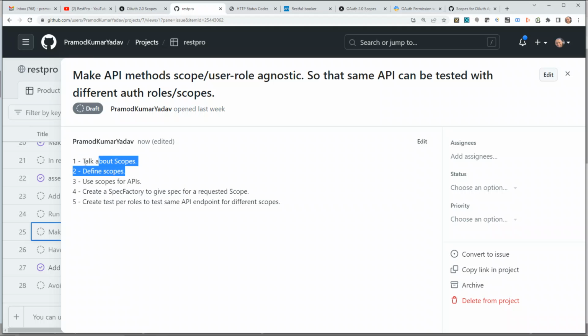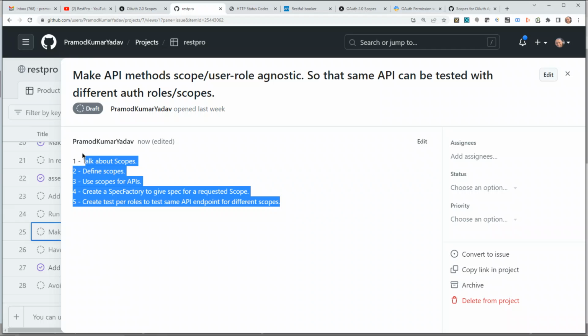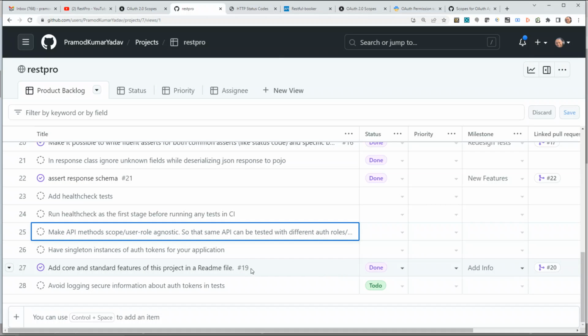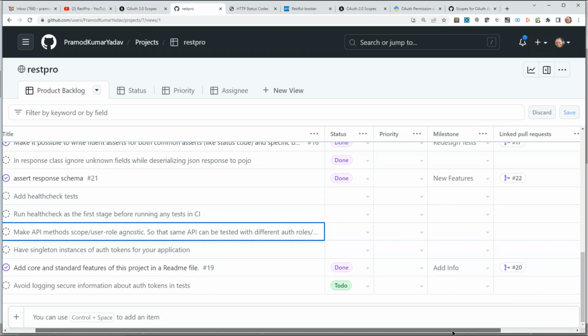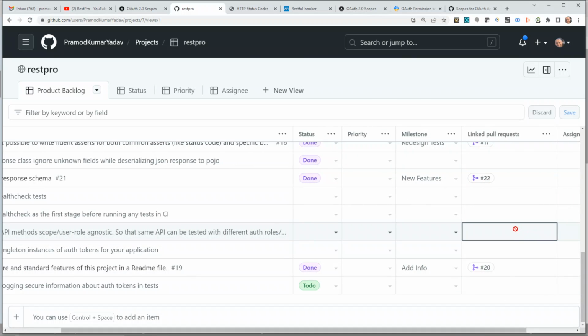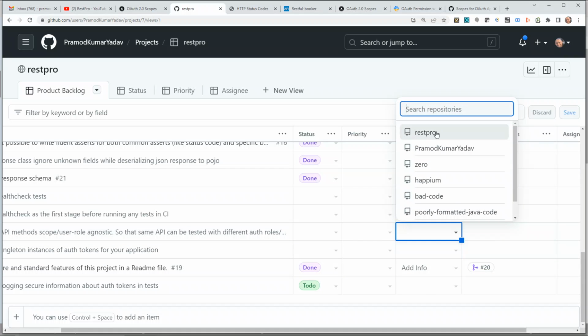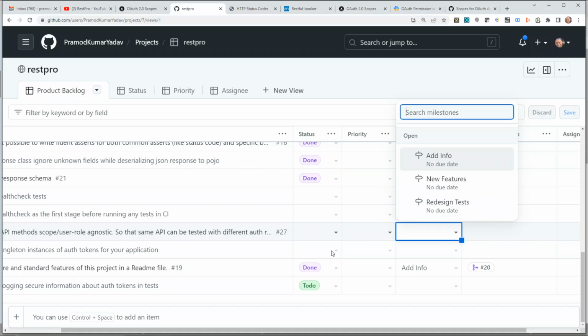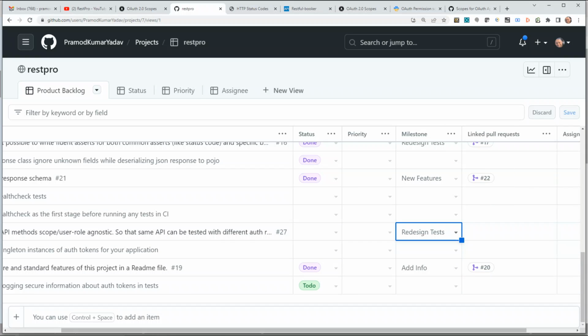So let me quickly have a look. Talk about scopes. We defined scopes. We used scopes for APIs, and we created a spec factory to give specification for a requested scope. Create test per roles to test same API endpoint for different scopes. So with this, we have covered all these 5 different points, and all that is remaining is to basically create a PR for this and merge this. So let's say if I convert this milestone into an issue in REST Pro, number 27, and this is basically redesign test. So let's create a PR,